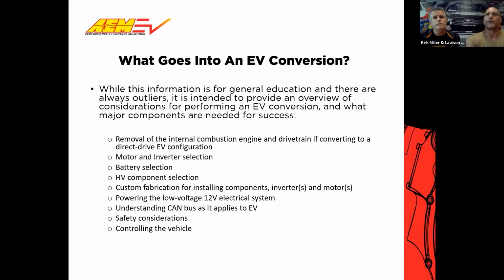So a direct drive unit would be like a Tesla. The energy goes directly to the inverter, which commands the motor to spin, and you have propulsion. I don't want to get deep into our product line, but our VCUs also give you the capability to control an indirect drive. That would be a very traditional internal combustion setup, where you have an electric motor coupled to a transmission,